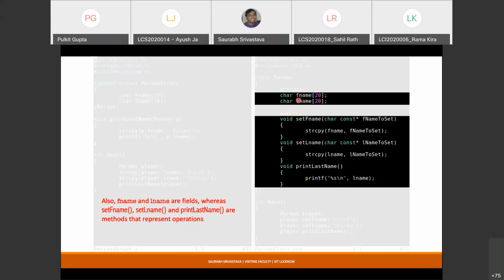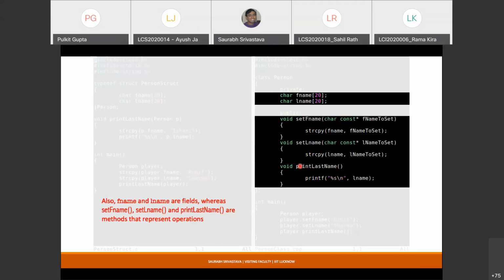Structure variable dot member variable, this was what you were doing before. Now you are going to do object dot either field or the operation. So that object dot part is going to be a part of your code. Without the object, you cannot access any of these functions.